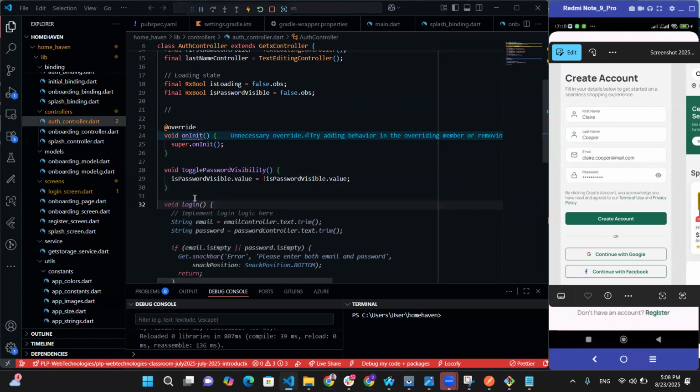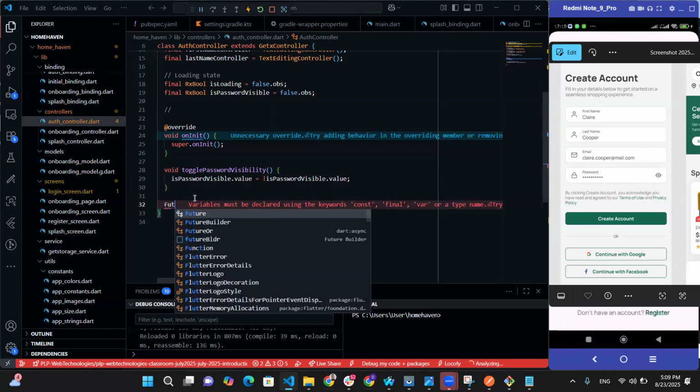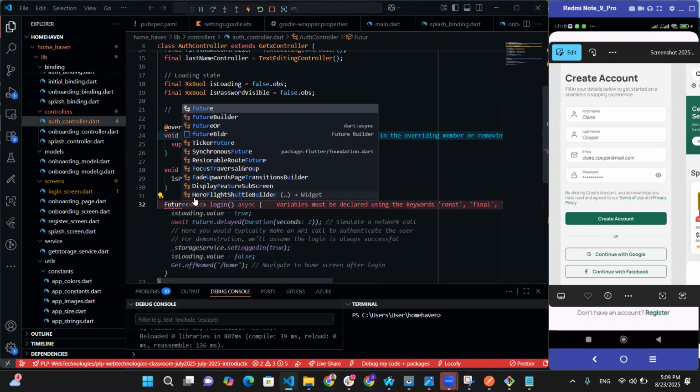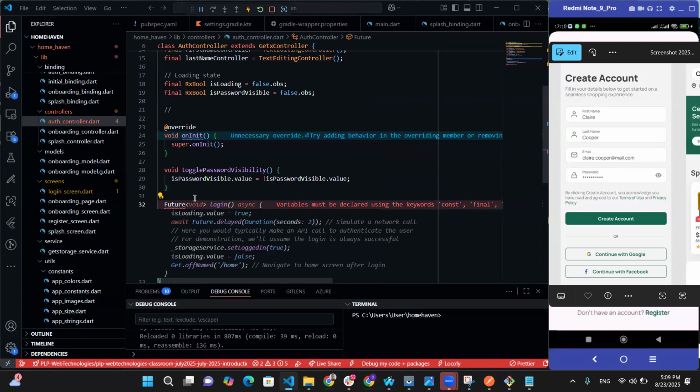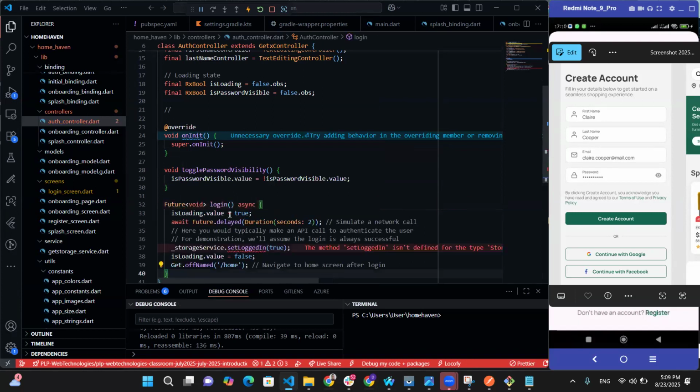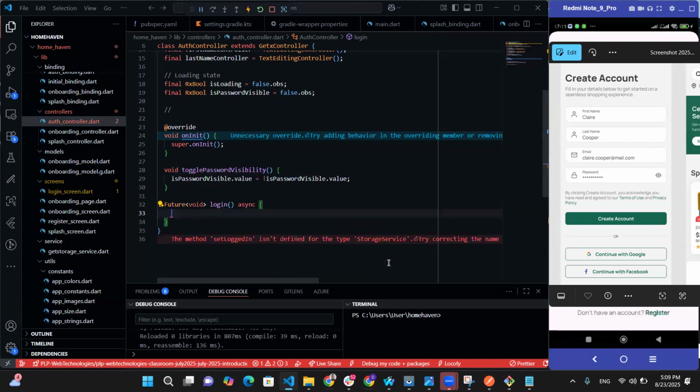Let's just go straight to some things. Let's do future void. Do future void login. Okay. Yeah. I don't want all of this, but this was going to happen. I'm going to take all of this out, right? And then they do if